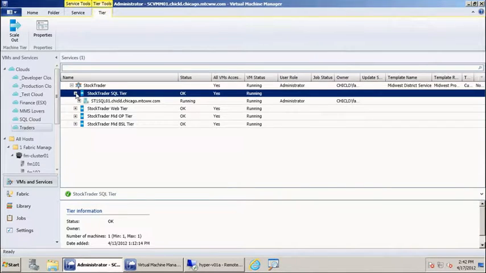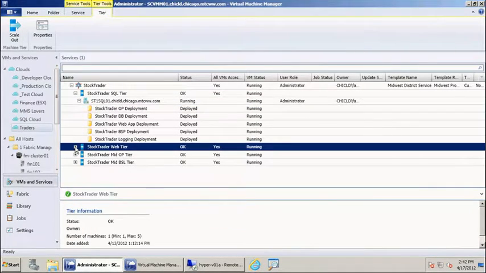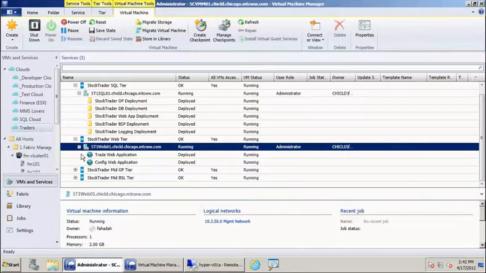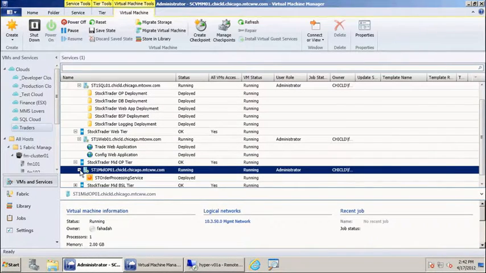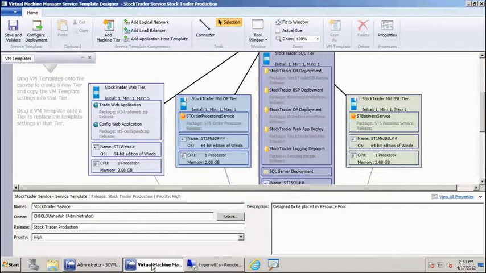Now if I open it up, I have one machine here that is running the database. I have my web tier that is running 2 web servers, and then I have my application tier, order processing, and that's running 1 application in there as well. Now, if I switch back to my template,